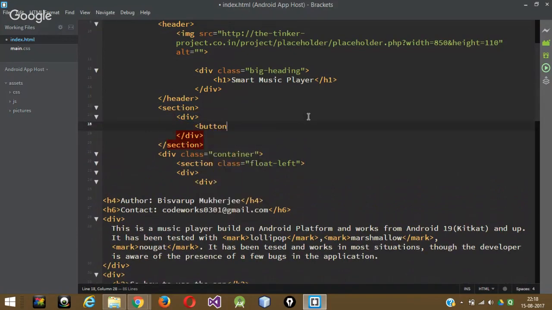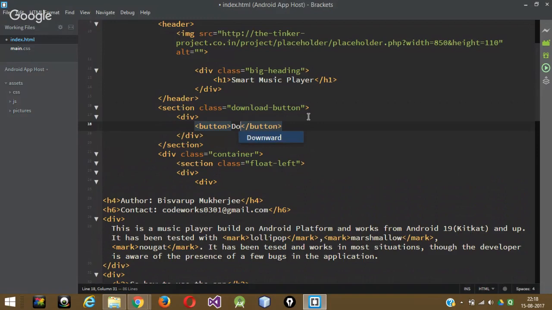So button, let's make it class. Class is equal to download. No, actually let's do something like this. Section class equal to download button, and let's copy this, and in the button